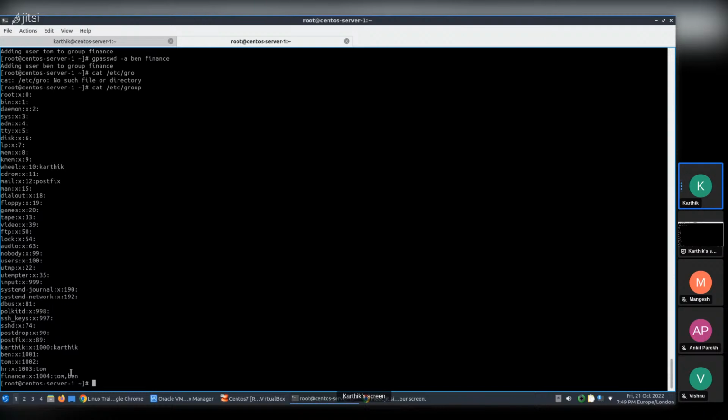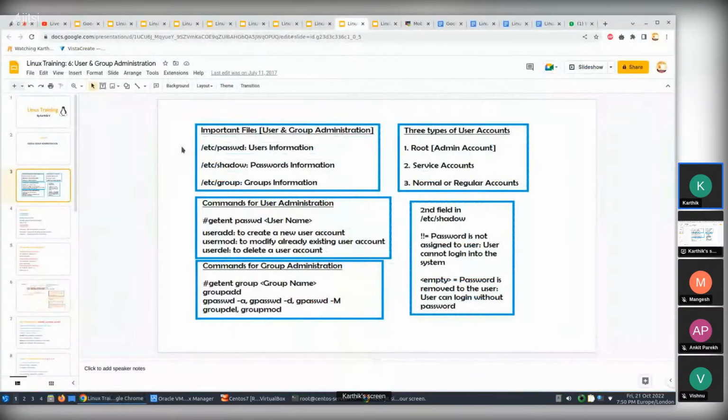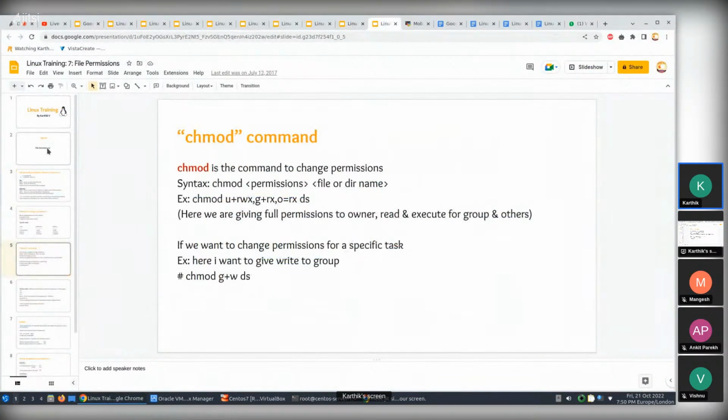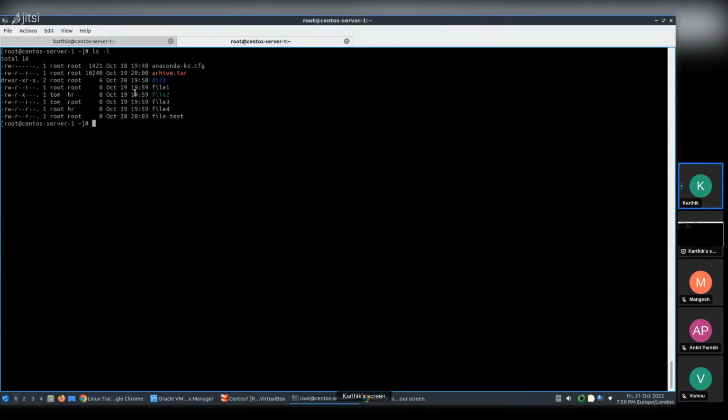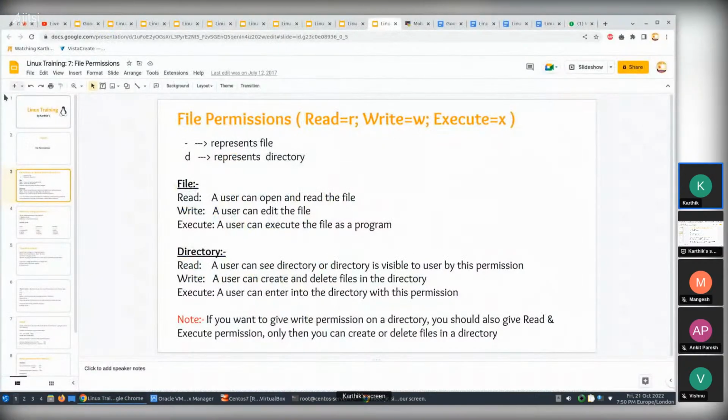So now let me try to cover the file permissions. To see the file permissions, what is the command we have to use? ls -l. The ls -l command will list the files along with the file permissions. As you can see here, as I told you yesterday, the file permissions are divided into three parts. So the first part represents